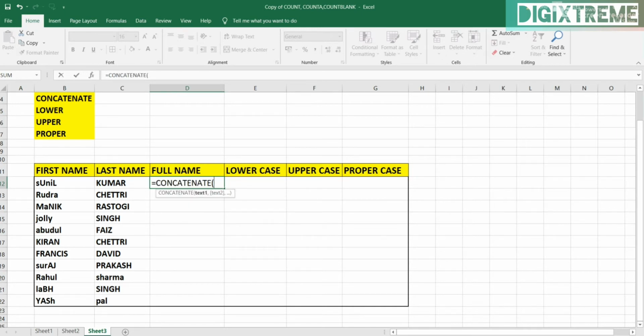Now it is asking for first text. This is our first text. Now after this text there is a comma. After the comma we have to give the second text. So this is our second text. Now bracket close. Now let's see what result we get with this formula. You can see this formula concatenate has combined both text Sunil Kumar, but there is a small